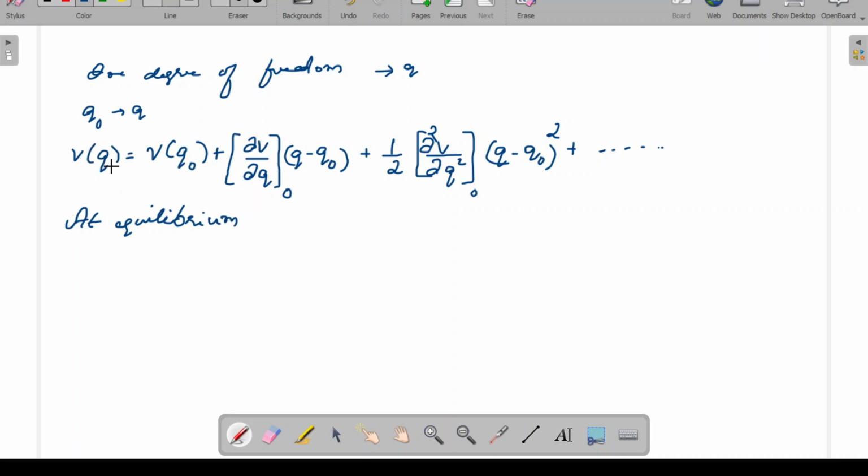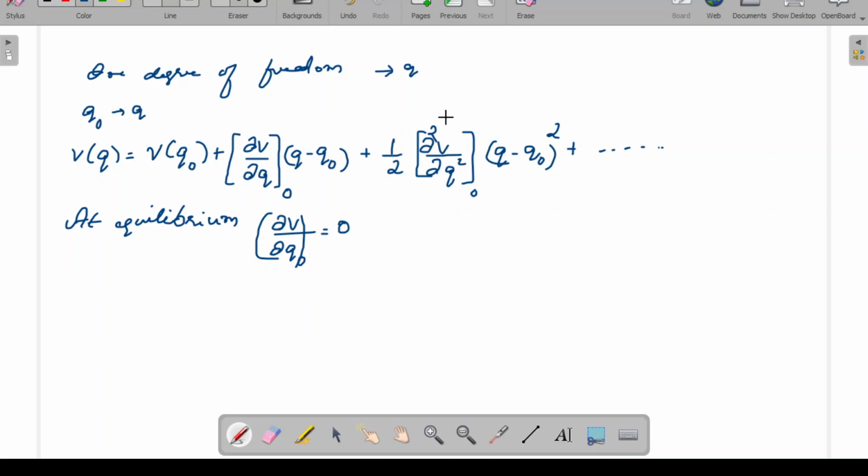At equilibrium, we have learned that the potential energy is a maximum or minimum for a stable equilibrium, right? So ∂V/∂q at the equilibrium position will be equal to 0. That you have understood. So this term will vanish,